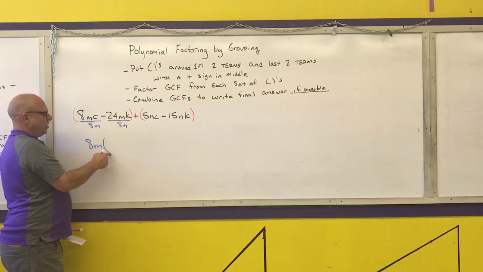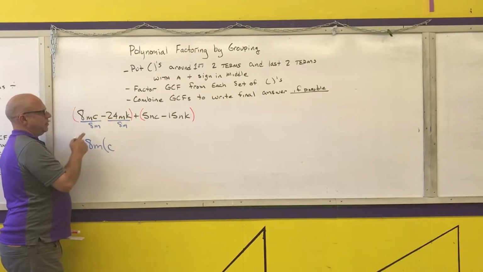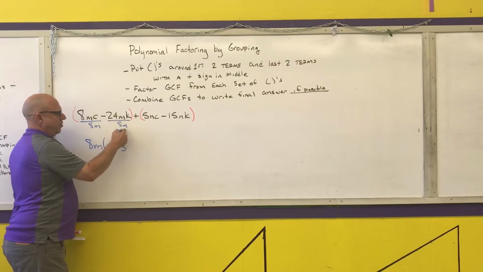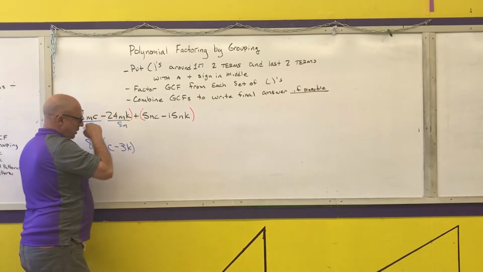8 divided by 8 is 1. M over M is 1. That leaves me with the C. Negative 24 divided by 8 is negative 3. M over M is 1 and leaves me the K. Plus